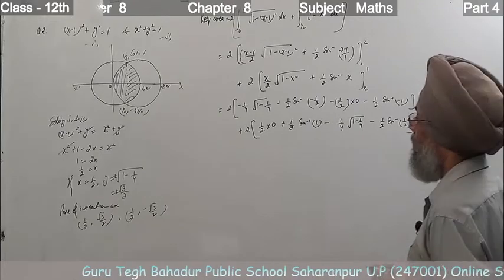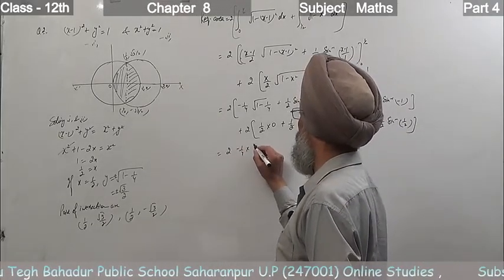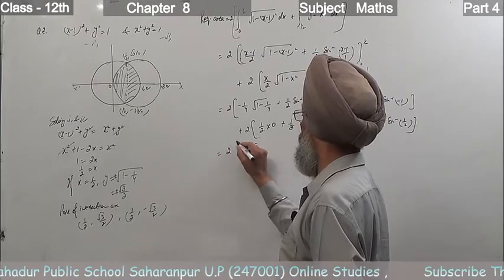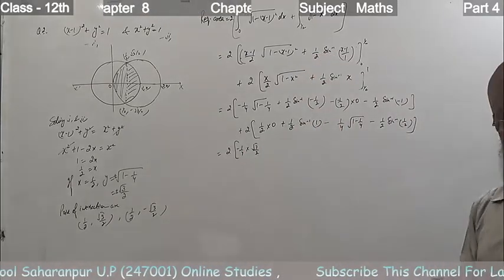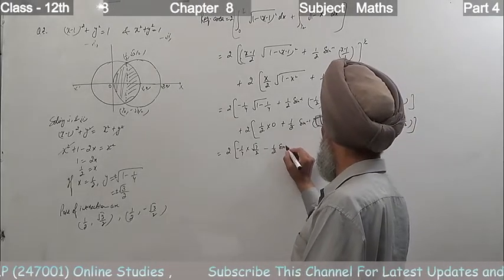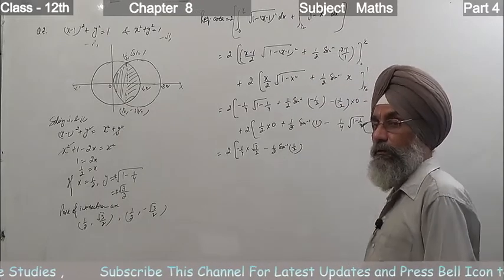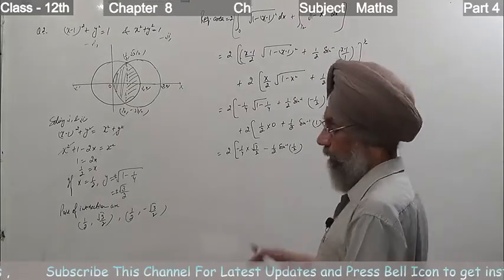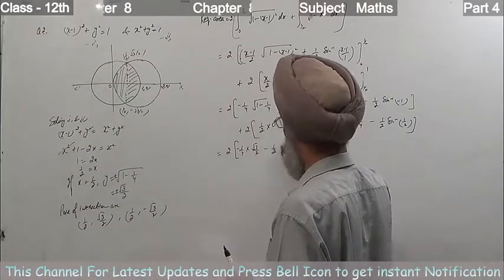We have to solve it. 2 minus 1/4 into root 3/2. Sine inverse minus half sine inverse, minus theta is minus sine inverse theta. So minus half sine inverse half, and sine of 30 degrees is half, that is pi by 6. So we can write pi by 6 directly here. So place here pi by 6.